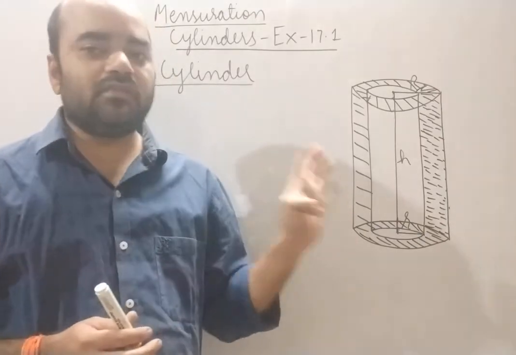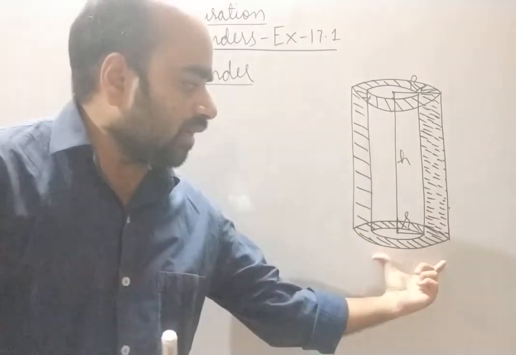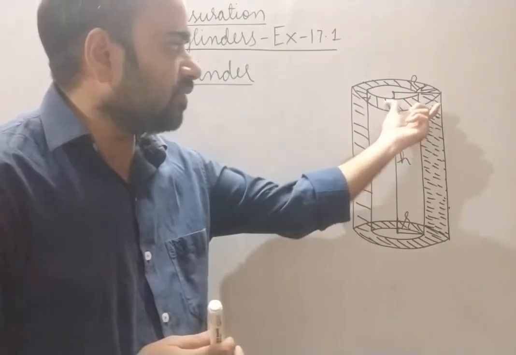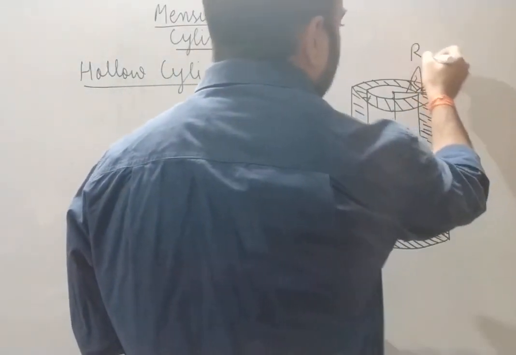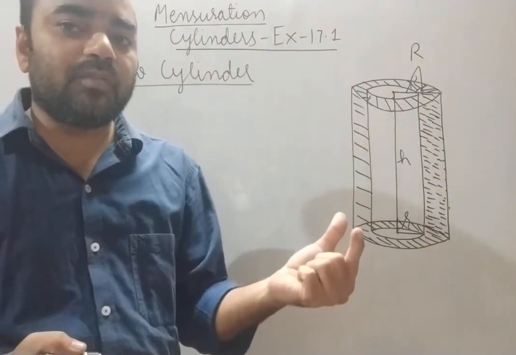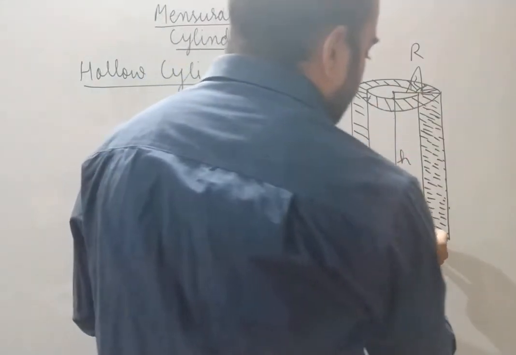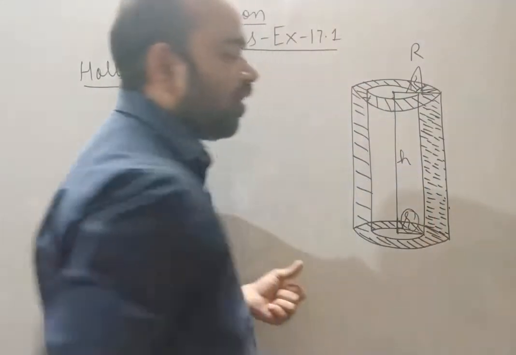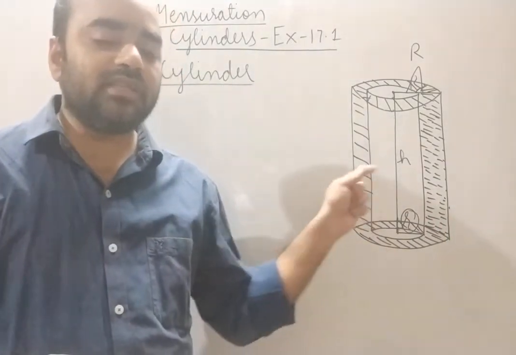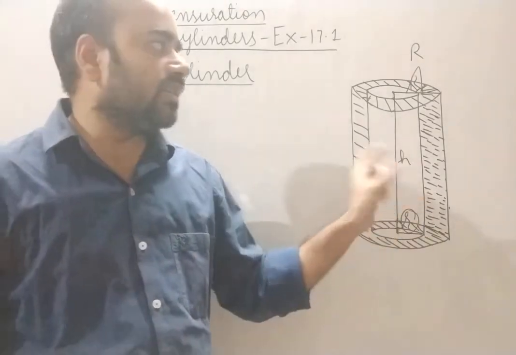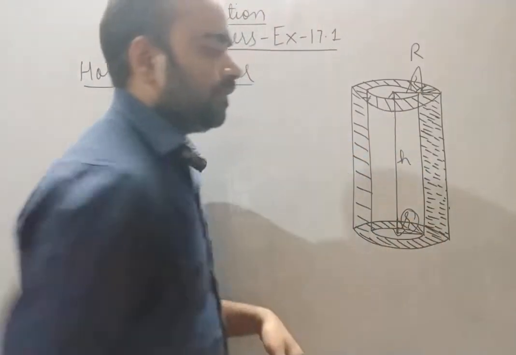So it means we are having two radii. Why? Since we are having a bigger cylinder, it means a bigger circular base. That is why we are taking the radius as capital R. See, here I have written this radius, capital R, the radius of the circular base of the external cylinder. Another cylinder is also there, a smaller one. For the smaller one, we are taking small r, the radius of the circular base of the smaller cylinder that is inside the bigger cylinder. It means we have two radii, but the height is the same for both the cylinders.